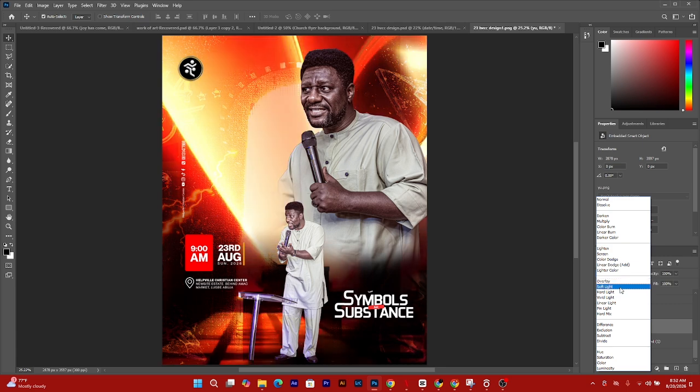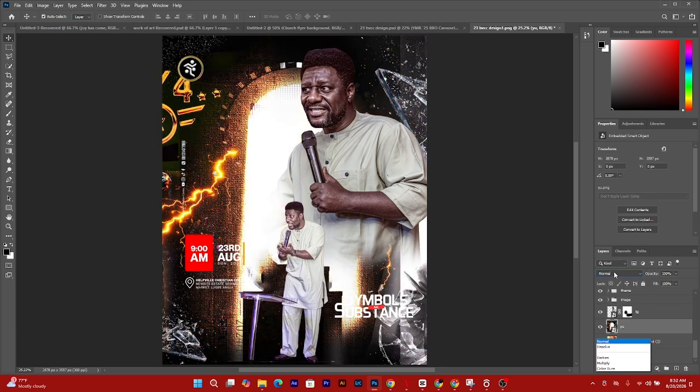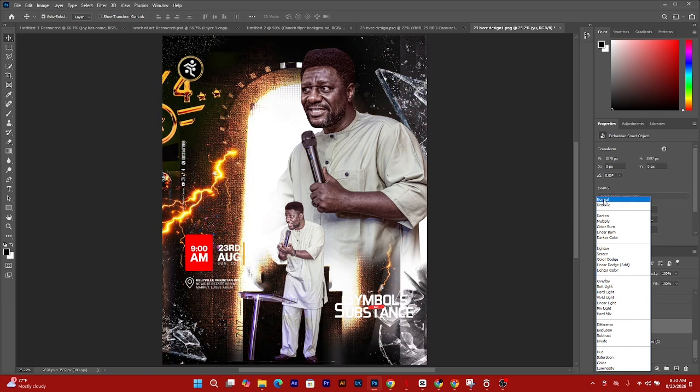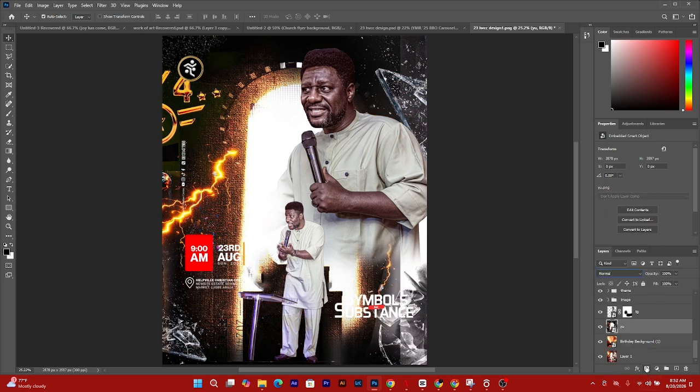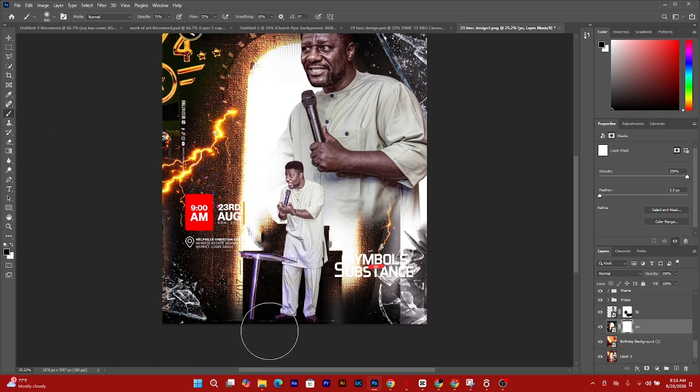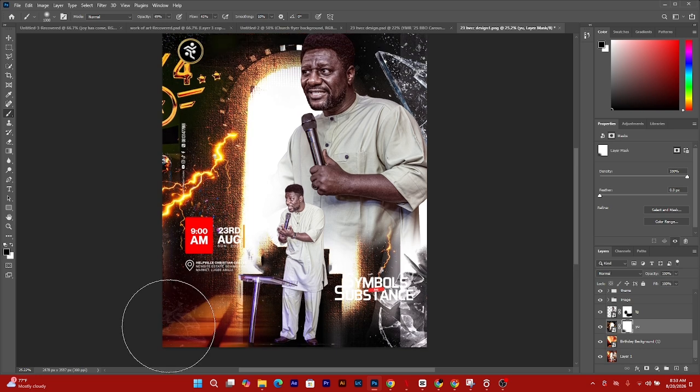We are changing our blend option, don't forget. You see the one that perfectly fits anything you're doing, but in case you don't see, it's very okay. All we just need to do is come to your adjustment layer, come to your brush tool, so increase the flow. So this part we are going to take it off, reduce the opacity a little bit. So this part we're going to take it off like this. Same with this part. We're going to take it off, so increase the opacity a little bit. We are taking this one out,